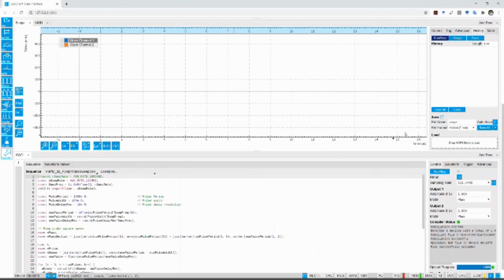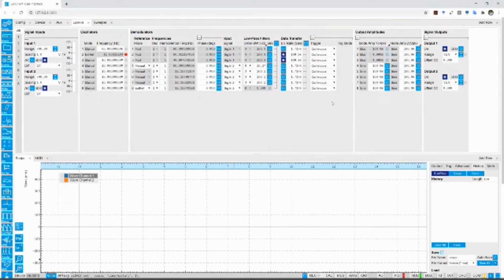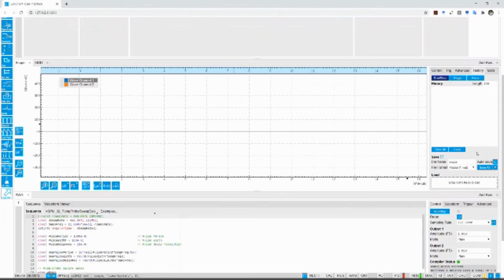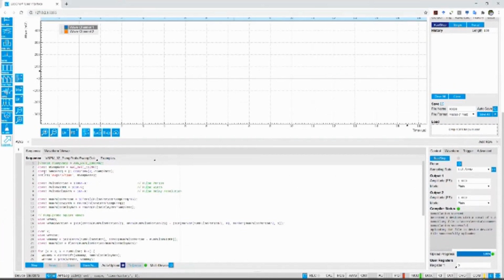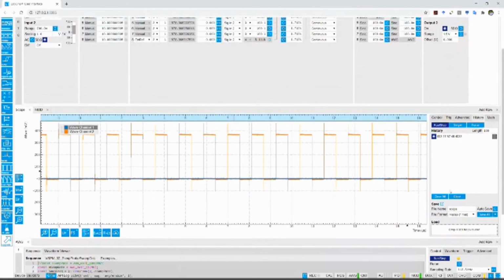So here is the user interface. As you can see, that's the lock-in part, here is an oscilloscope, and here is the AWG. I simply wrote some program here, and the sequencer compiles this program and uploads it to the device, and we can generate any kind of waveforms within the bandwidth of the signal. So let's run this signal and see what we are seeing. This is the pump pulse, and after that we generate the probe pulse and we sweep the delay in between within one period of the